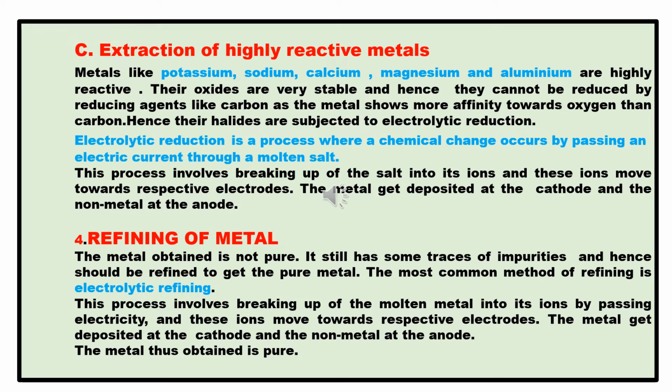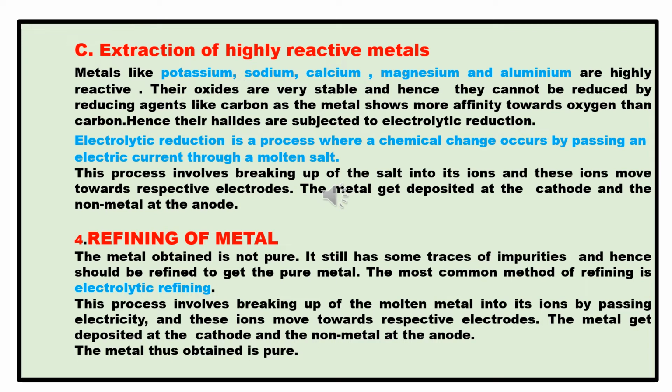And the non-metallic part will move towards the anode. So finally we get pure metal. So this is how we manufacture or produce metals from the minerals, that is from the